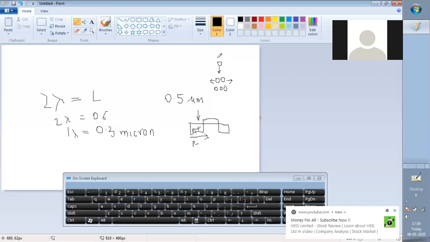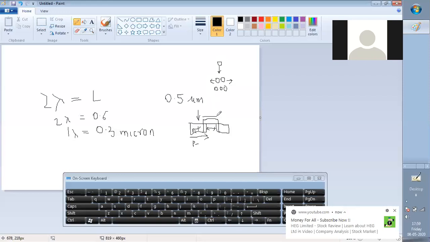So instead of the diffusion staying in this direction, diffusion occurs over here as well, and due to this the n plus region extends into the channel in this way. So the actual channel length will be this, which is smaller than the gate length.